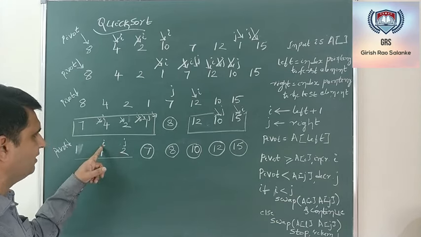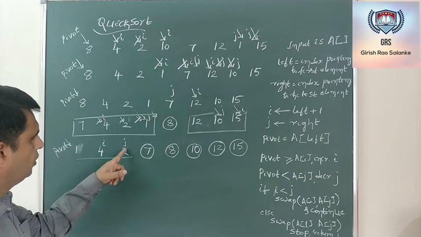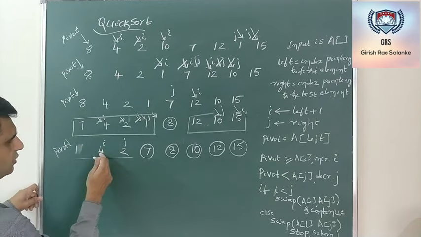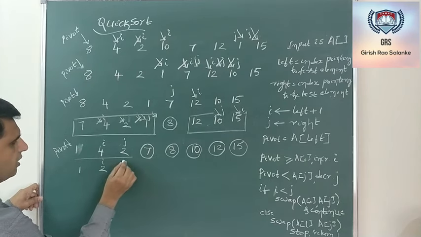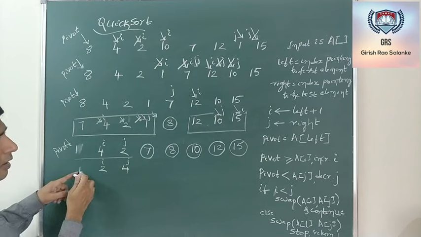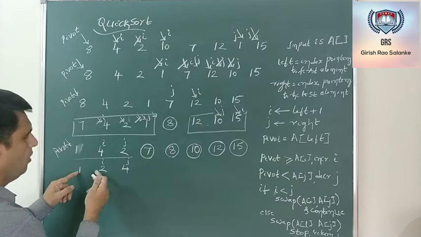It is i. i is the index of the element. Here the index of the element is 1. If I store array elements from 0, this is 0, 1, 2. Now in this case, swap 2 and 4 and continue. So i remains as it is and j remains as it is.